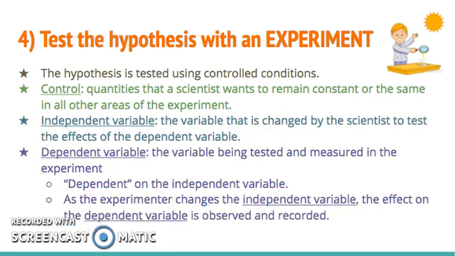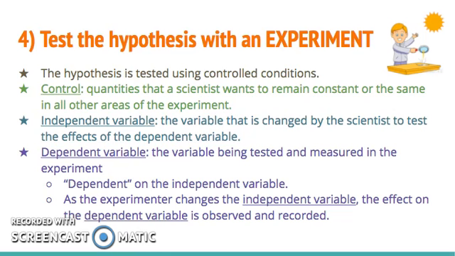So the fourth step is to test the hypothesis with an experiment. So let's go over some of these major terms here. The hypothesis first is tested using controlled conditions. A control is the quantities that a scientist wants to remain constant or the same in all other areas